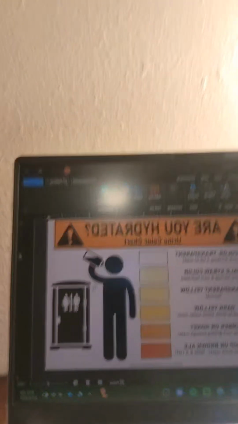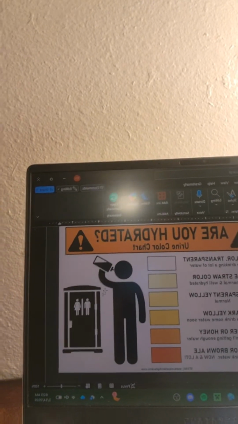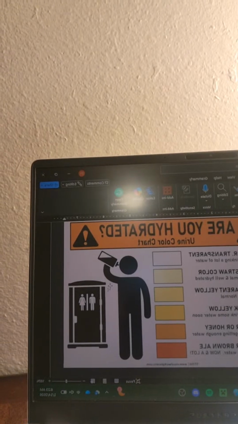Coffee, alcohol like beer, booze, any kind of alcohol. But yeah. The excretion rate matches intake and disease state. I'll show you guys a picture here. A urine color chart. You want to be near the top and you don't want to be near the bottom.